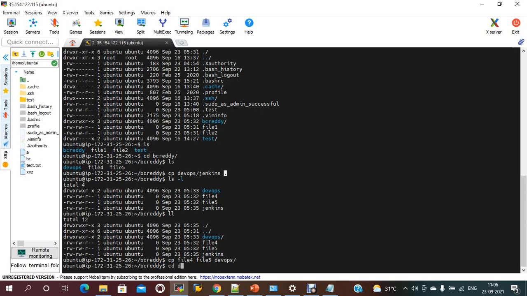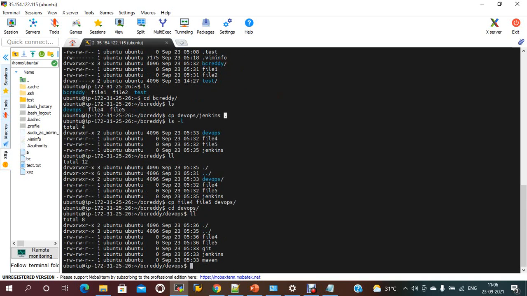If you cd into devops, you are able to see the list of files. It should be copied, not deleted. So there should be one copy of the files in the current folder, and also in the folder you have copied to. Copy means it should be replication, right?